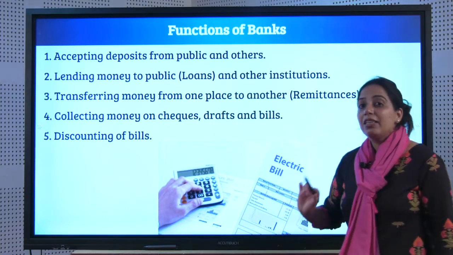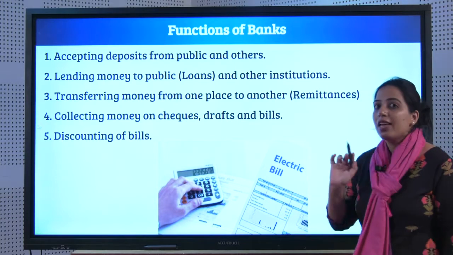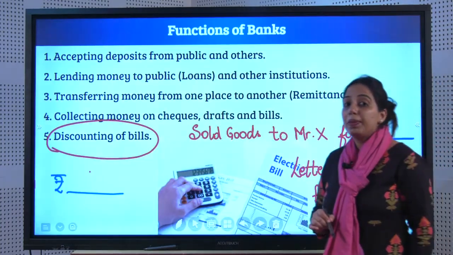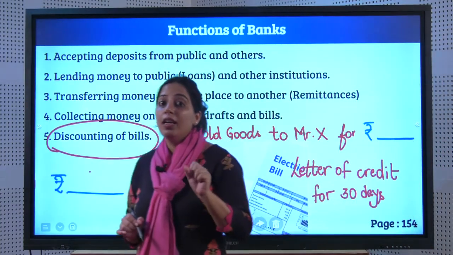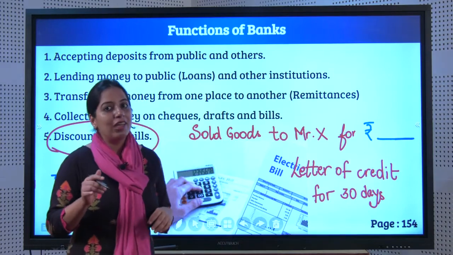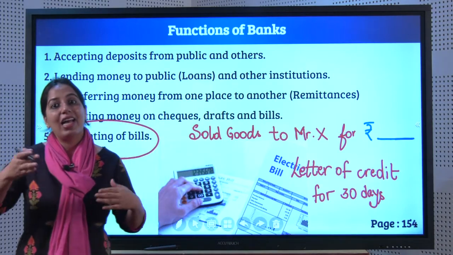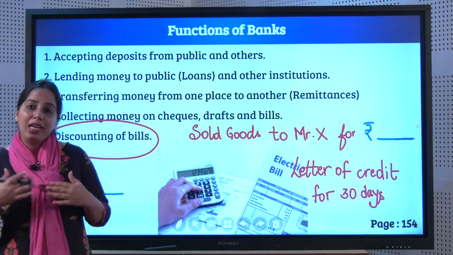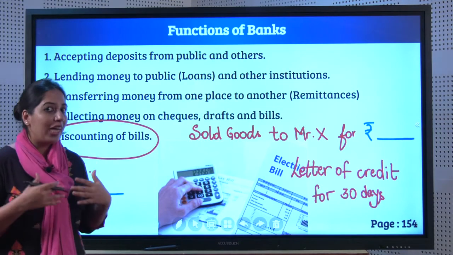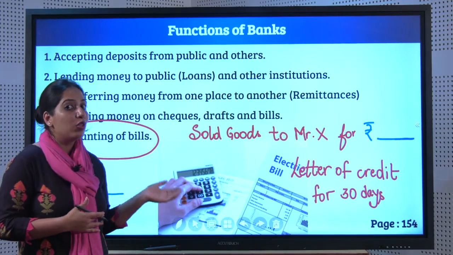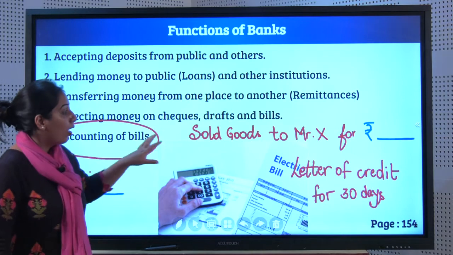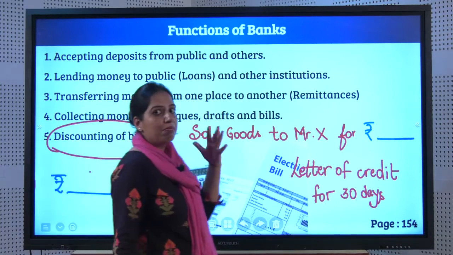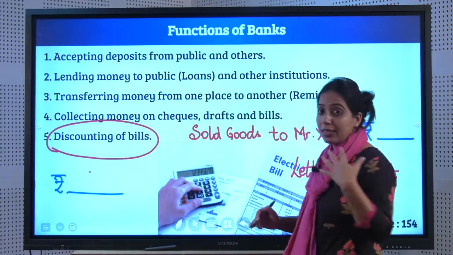4, they collect money on checks, drafts and bills. 5, discounting of bills. Discounting of bills is very important in trade. What do I mean by trade? I mean import and export of goods. Now for example, I am a seller of mangoes and I am exporting mangoes to Europe. Now there is somebody called Mr. X. He purchased mangoes from me and he is supposed to pay me